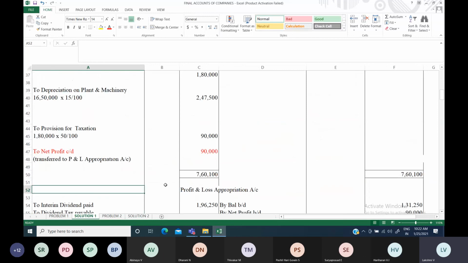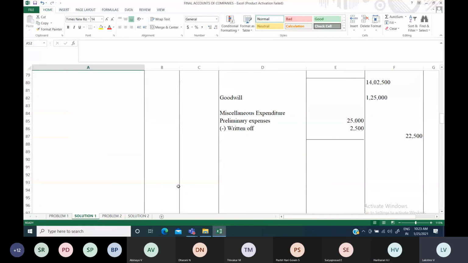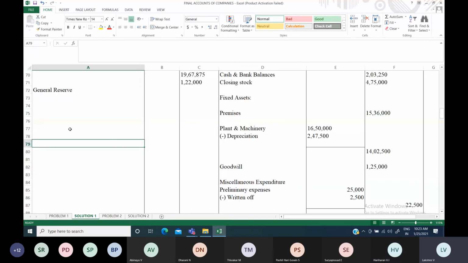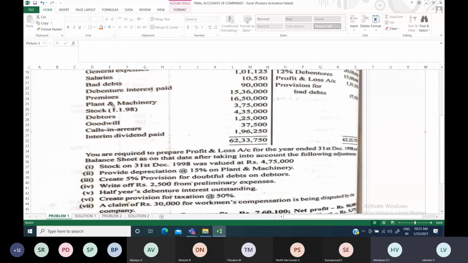is actually coming. For me, actually, 41,77,500 I am getting on both the sides, the asset and liability side. You also just find out and take care of that, whether you are getting 41,77,500 or not. Okay. So enter the current liabilities items. Enter creditors, bills payable, all of those. Under long-term liabilities, mention debentures, 15 lakh. In that, outstanding interest 90,000, you just add it up. All those you just put up.